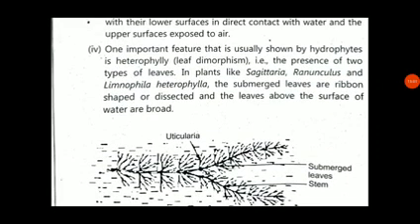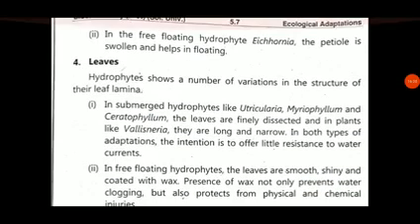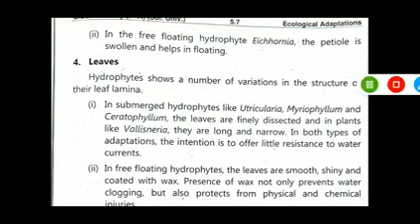We can see the submerged leaves are ribbon shaped, long, slender or dissected, and the leaves above the surface of the water are broad. The leaves in the water are small and ribbon like. This is the leaf modification in hydrophytes. Okay, we can stop here. In the next lecture we will see